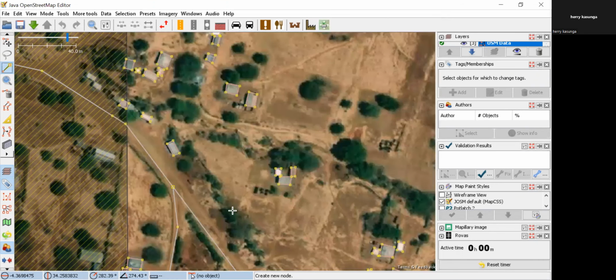And I think your OSM account will be connected automatically with JOSM, so you'll be able to select some of the product from code, and it will go right to JOSM. Yeah, so is there any question? I do believe a lot of people are facing the challenge of connecting Rovas to JOSM,